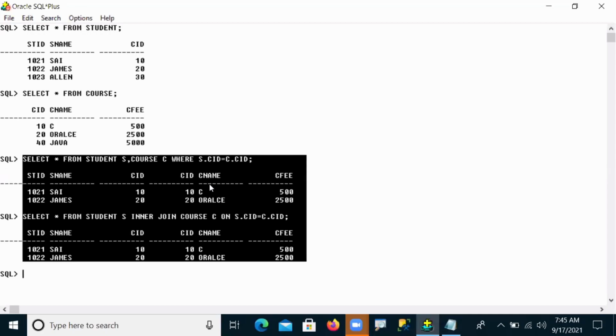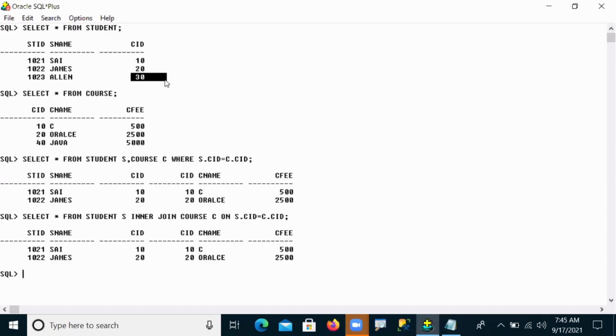It means that your unmatching data, the 30 row in your student table and the 40 row in your course table, both of these we are missing. So this unmatching data I also need to retrieve, along with the matching data.